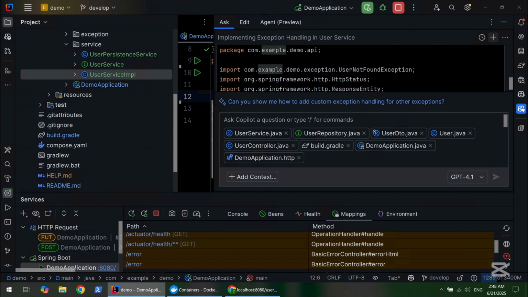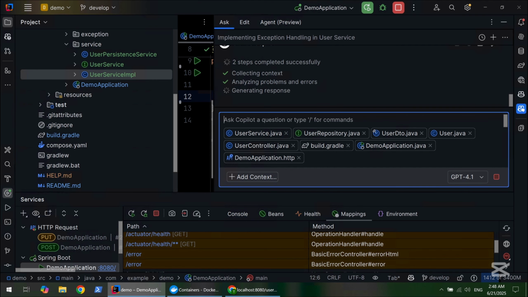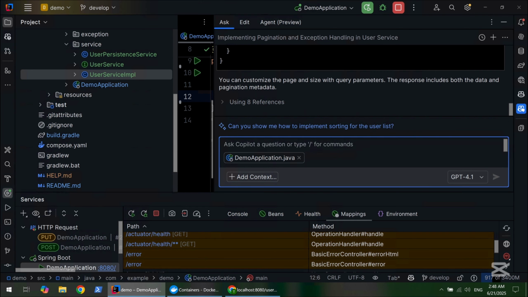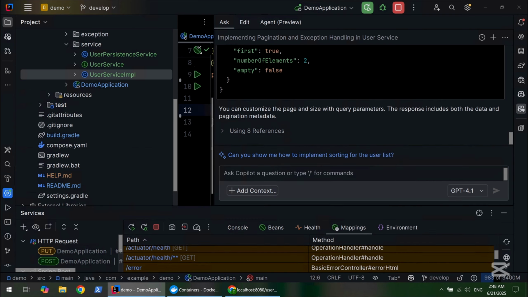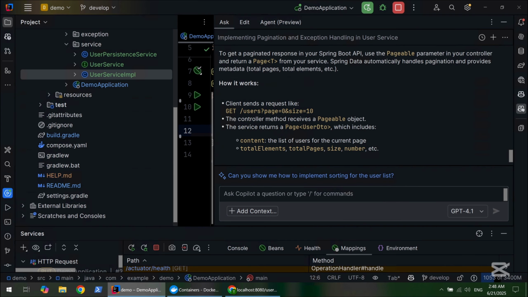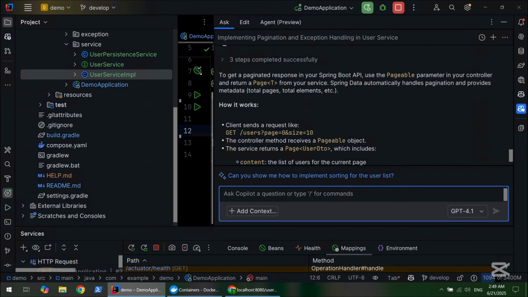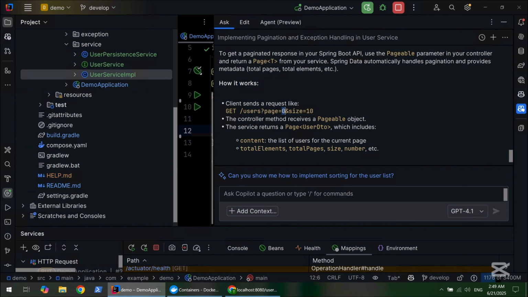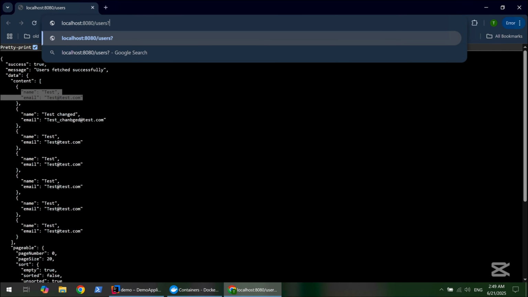Now, how to get paginated response? Now I can close them. You can customize the page, and so on. Page size. To get a paginated response, you need to send page and size. So I want this page with size 10. We want page